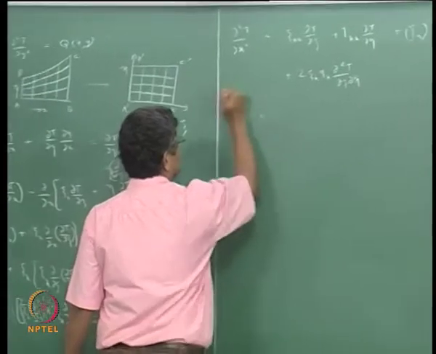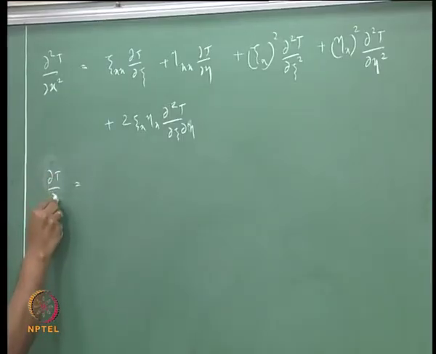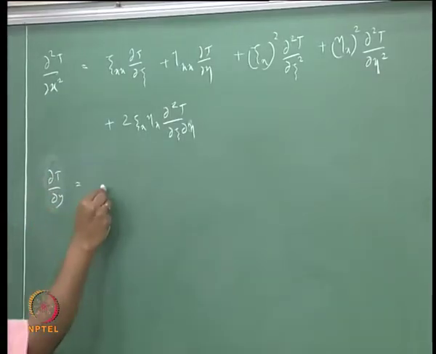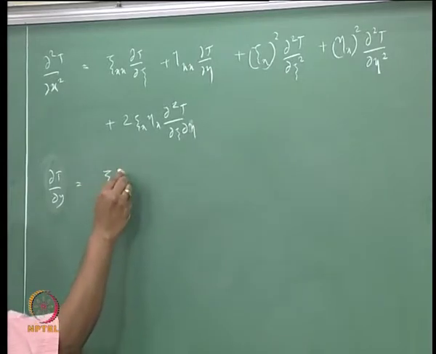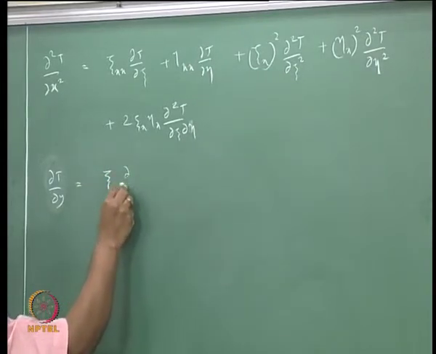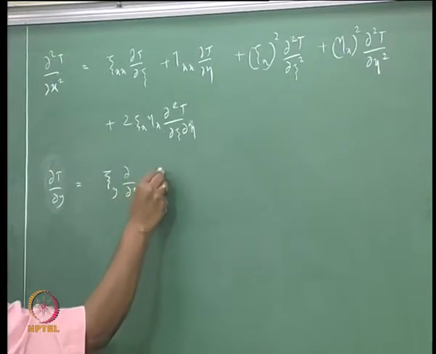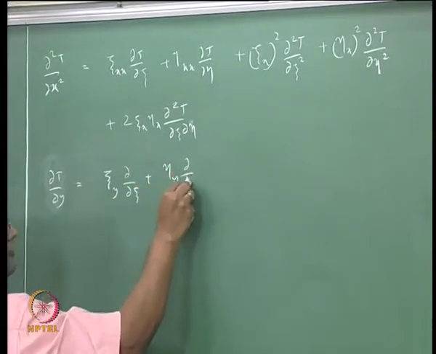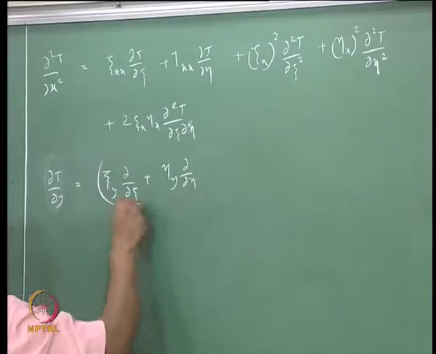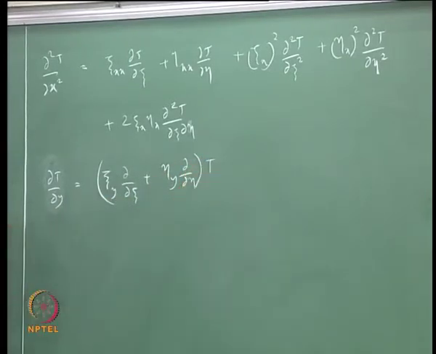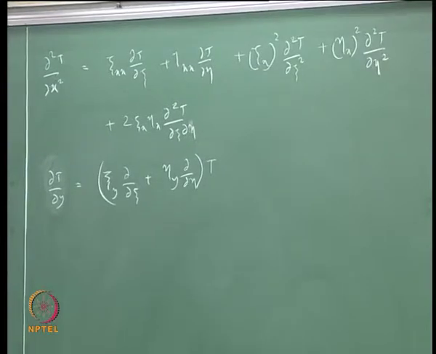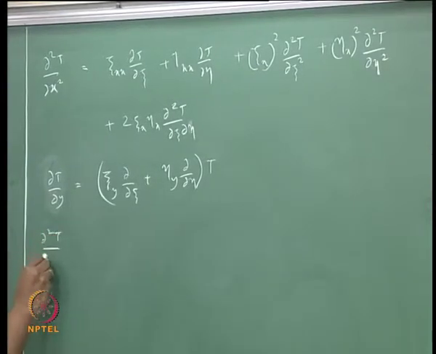So we can write ∂T/∂y equal to psi y ∂/∂psi plus eta y ∂/∂eta of T, and then we can again differentiate this, and finally we can get ∂²T/∂y²